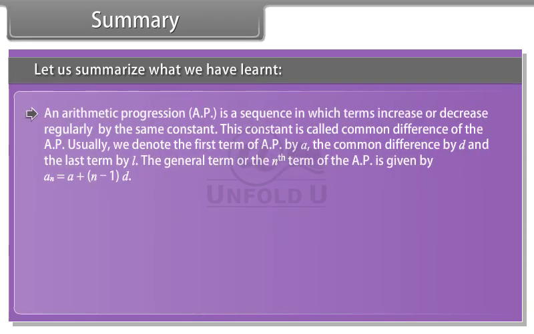An arithmetic progression, AP, is a sequence in which terms increase or decrease regularly by the same constant. This constant is called the common difference of the AP. Usually we denote the first term of an AP by A, the common difference by D, and the last term by L. The general term or the nth term of the AP is given by